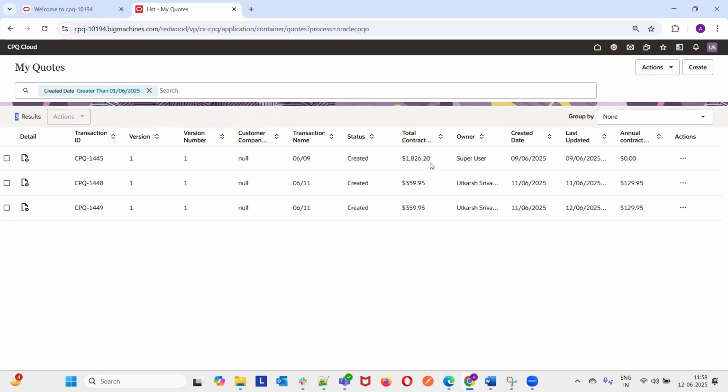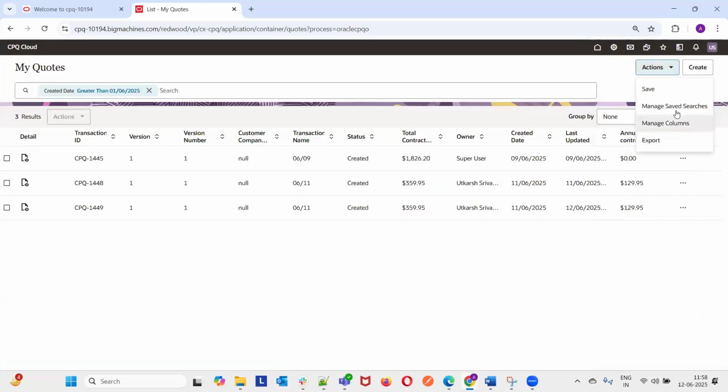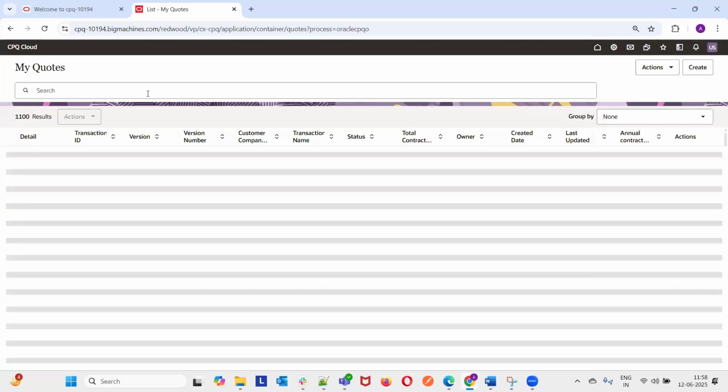Similarly, if some searches are frequently used, we can save that particular search from here, and name it as per our choice. For example, just June, and save it, and the same will be displayed under this Manage Saved Searches. So I'll just remove this.